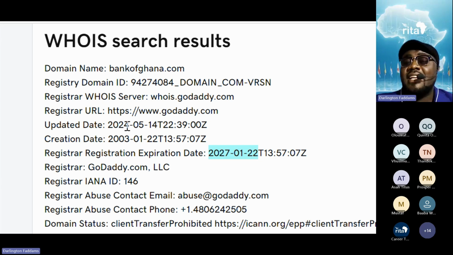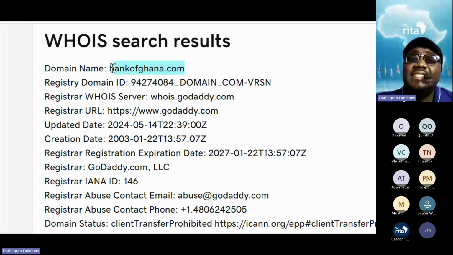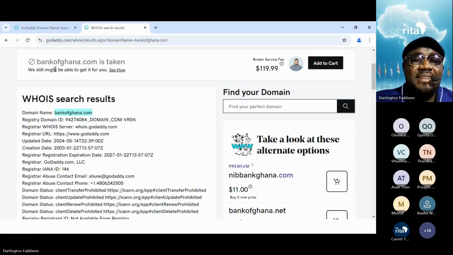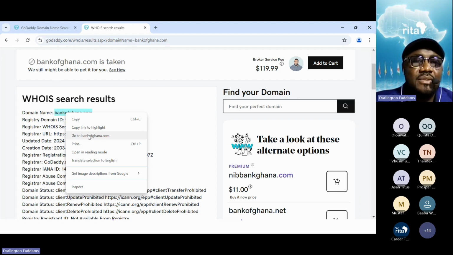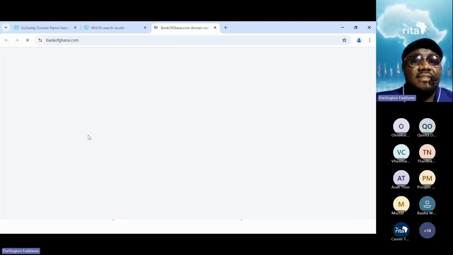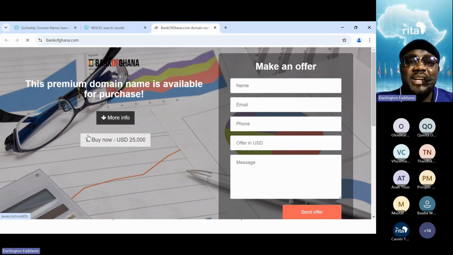So my idea was that if the person doesn't renew it, I am going to buy it. And I'm going to approach Bank of Ghana and talk to them about it. But before the day, I checked again and the person had renewed it. There's nothing you can do about it. Maybe they've given it to Bank of Ghana. I don't know. But I think I checked this name, Bank of Ghana, or it was something else. Let me check and see if it's Bank of Ghana, you'll see. You see? Have you seen what I'm talking about?